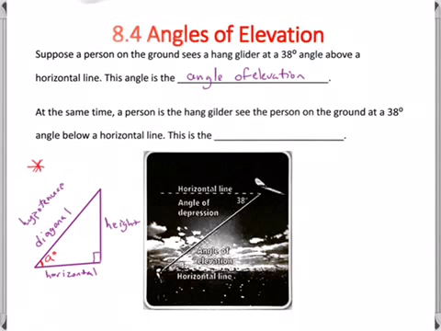The other angle we have to talk about today is that if at the same time a person is in a hang glider and sees the person on the ground at a 38-degree angle below the horizontal line, then we're calling this an angle of depression. And so similarly, we'd have a triangle that would look almost like the flip of the one we had before,